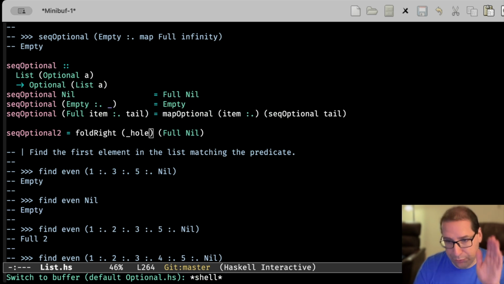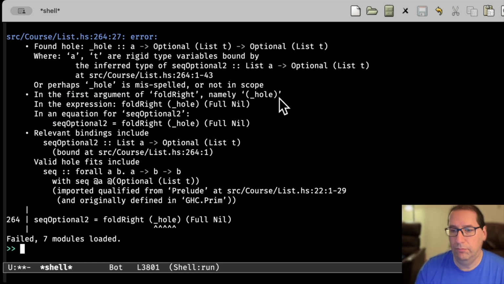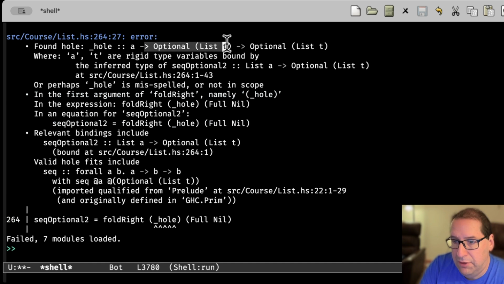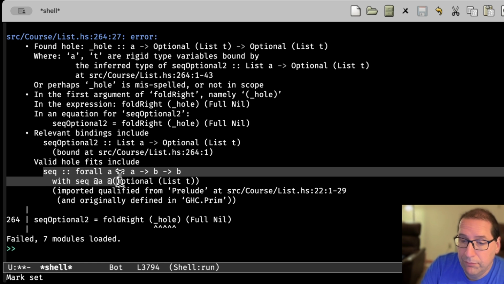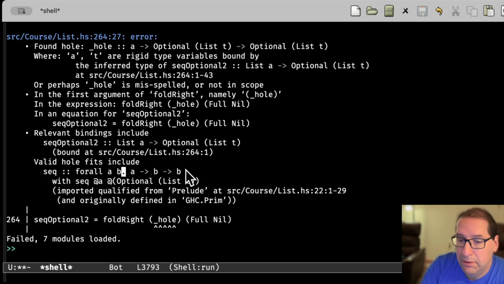Let's pretend we wrote fold right and we're following the types. Found a hole. A and an optional yields an optional. Valid hole fits include sequence, A to B to B, seqOptional 2, well, that's ourselves. No, I mean,